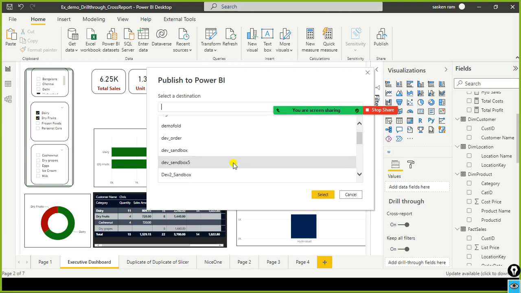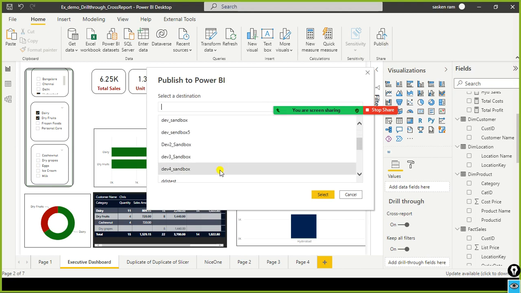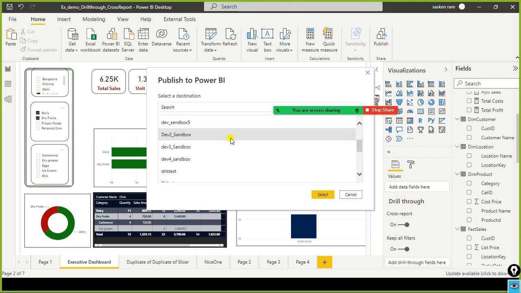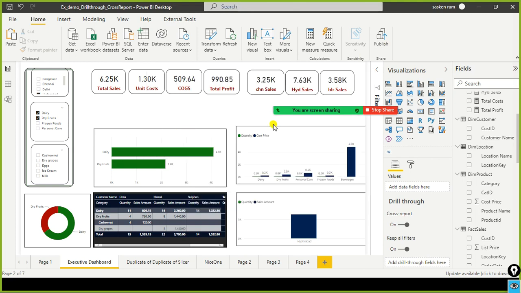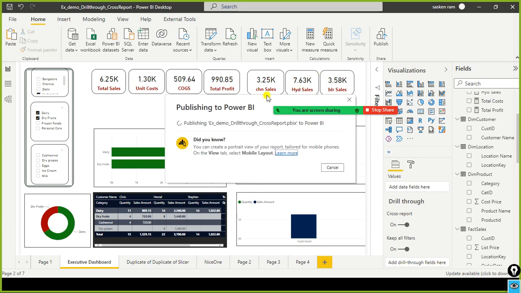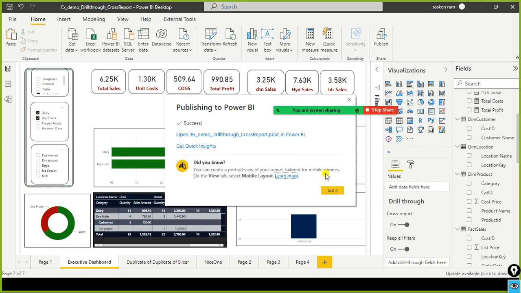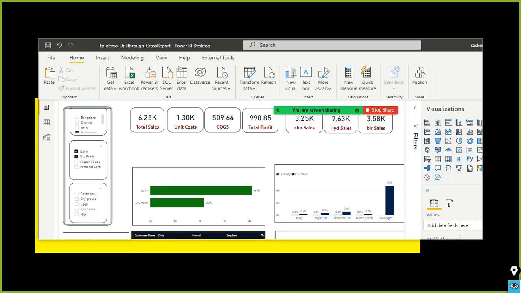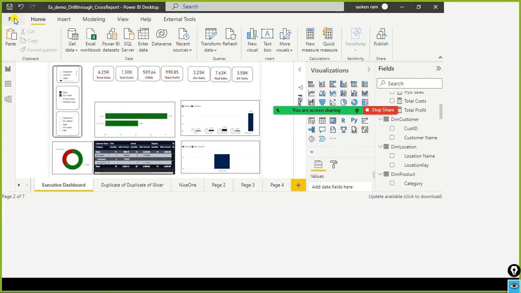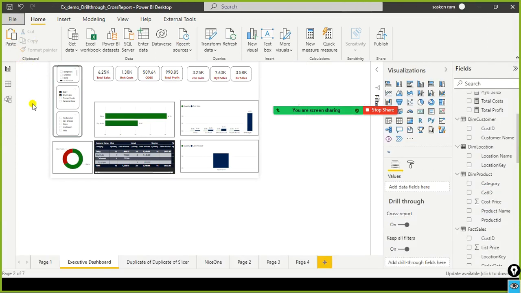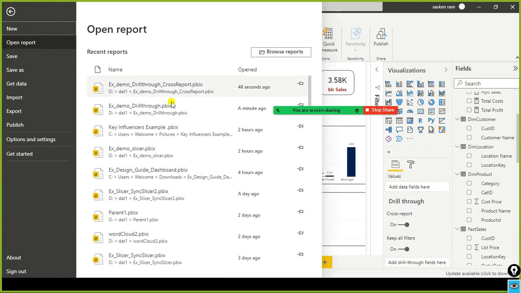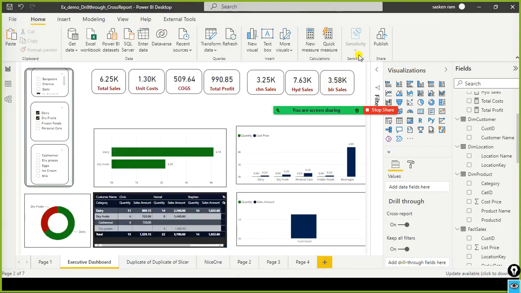So if I go here, I just select this folder. This is the workspace I created on the Power BI Cloud Service. It's a folder, that's all. Okay, got it. The next one is the other one. So where is the other one? Yeah, I just renamed it, right? I did not rename it. One second. Yeah, I just copied it.